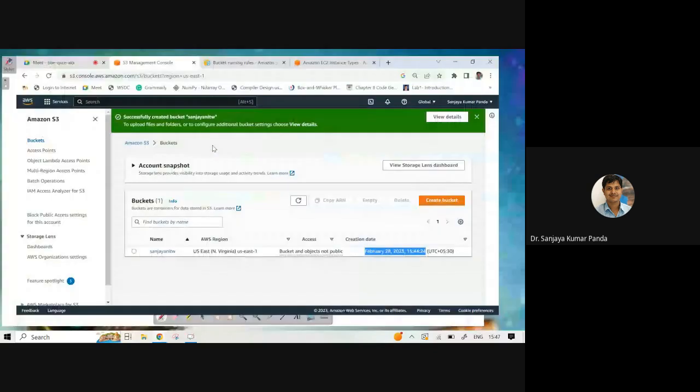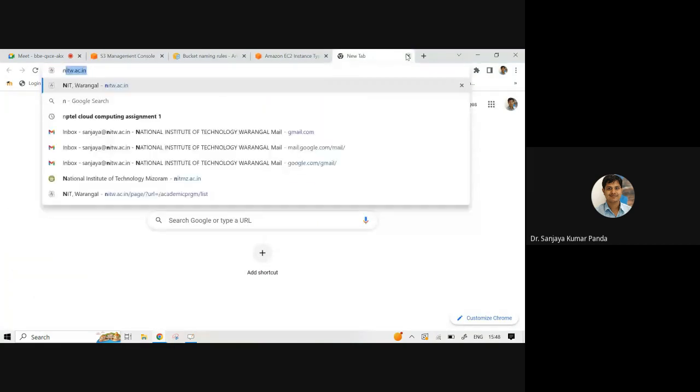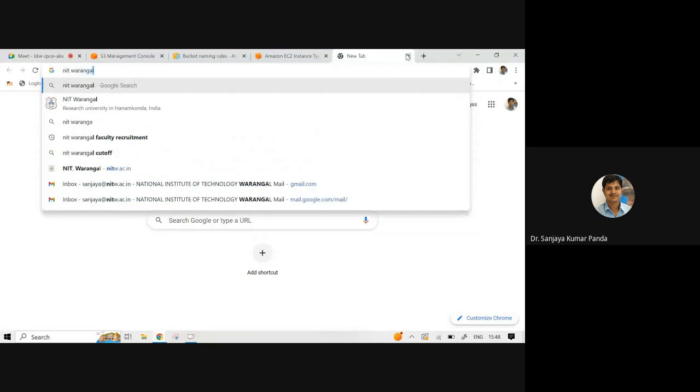What do you mean by object? An object may be anything: an audio file, a video file, a simple image file, or a text file. For example, suppose I want to go to NIT Warangal.